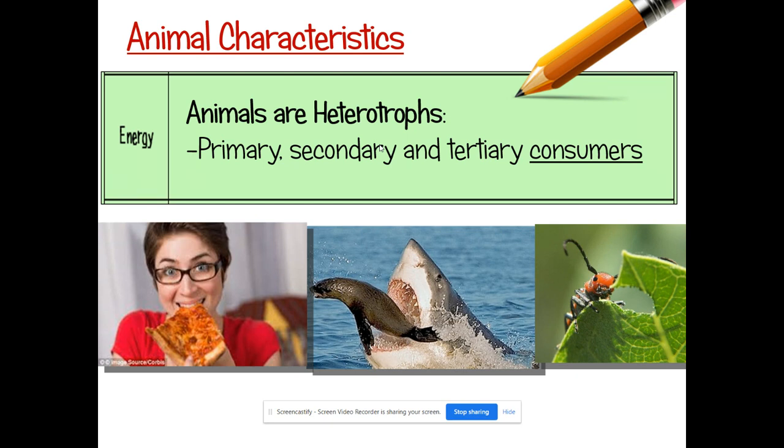Remember, primary consumers are herbivores. Secondary consumers are going to be a combination of omnivores or small carnivores. Tertiary consumers are at the top, and they can be omnivores as well, or large carnivores. But they're at the top of the food chain. They're the ones that aren't really getting eaten by other animals. And you're going to find all 3 levels of these in the animal kingdom. Okay?